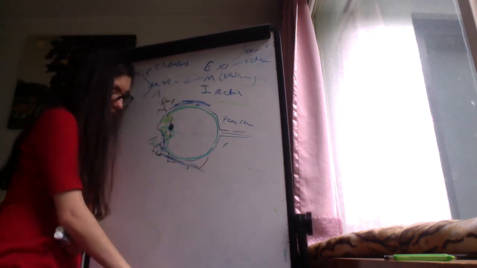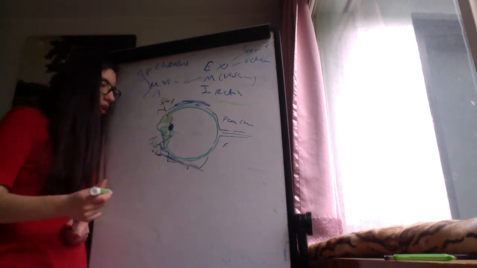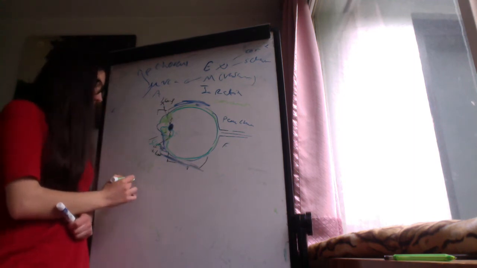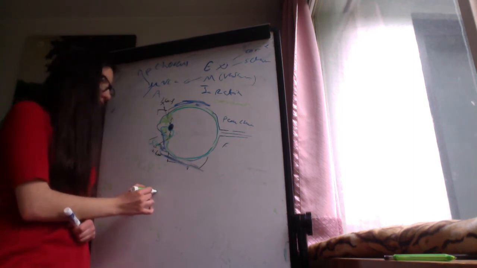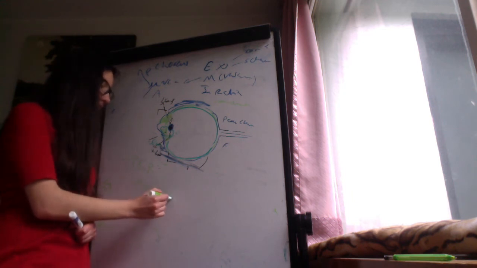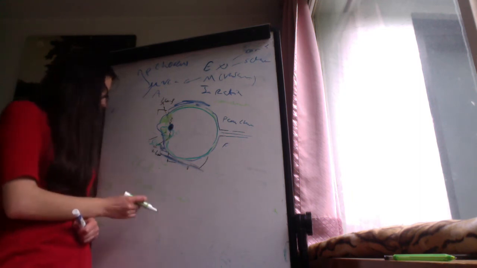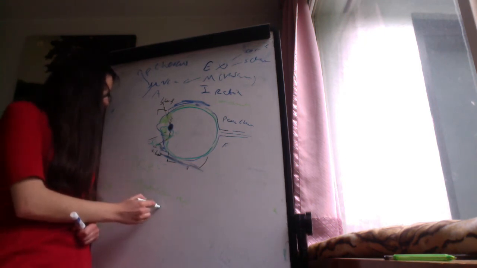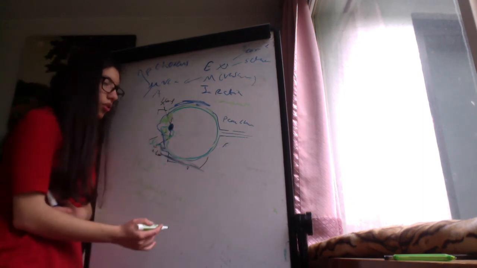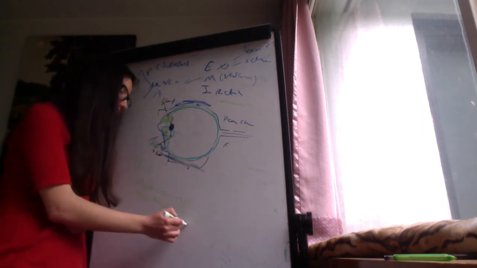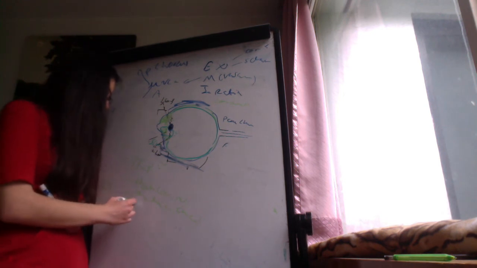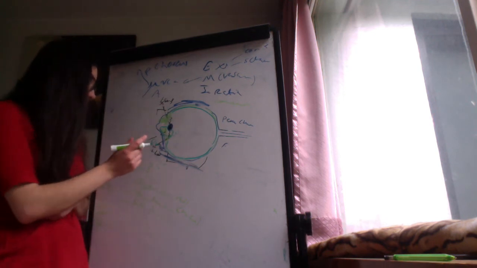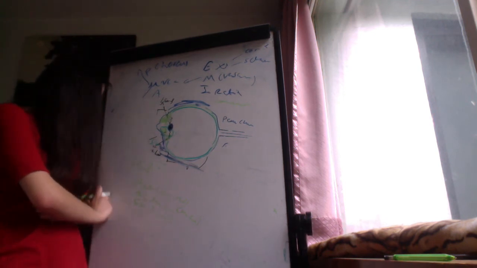The retina has 10 layers. The pigmented epithelium of the retina, the photoreceptor layers, that is where the cones and rods lie, the outer limiting membrane, that is where the outer limitation of the Muller cells is, then the external nuclear, this is where the nuclei of the photoreceptors lie,